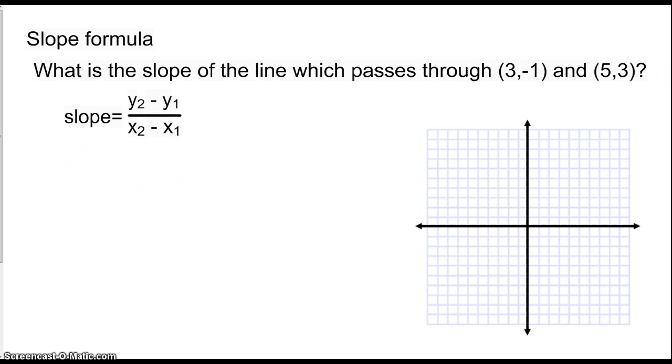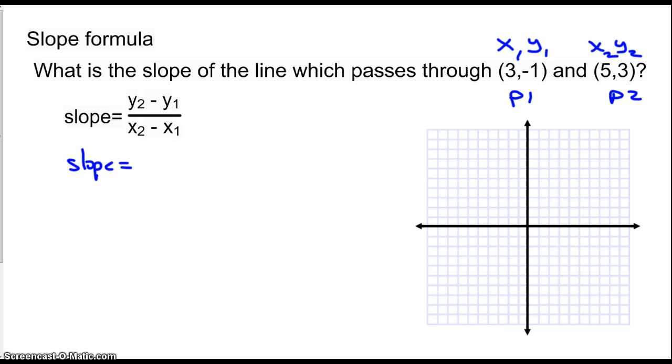Let's do another one. I don't even need a graph here necessarily. I could just say if I've got these 2 points, I can just pick one of them to call point 1, and one of them will be point 2, and that makes this the x and the y for point 1, and the x and the y for point 2. I would recommend at first that you label it just like that,